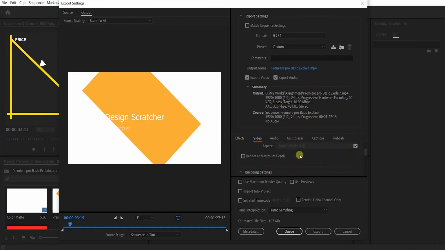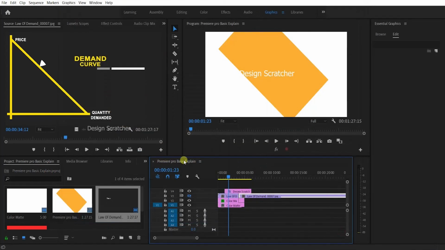Selection, everything here, depth, encoding, software, hardware encoding, and everything, audio also, AAC, everything here also, export under queue. Only for export, it's automatically first selection for that output name, then automatically click, it's automatically going for export. This is for the Premiere selection. This is for the output for the Premiere selection tools also.